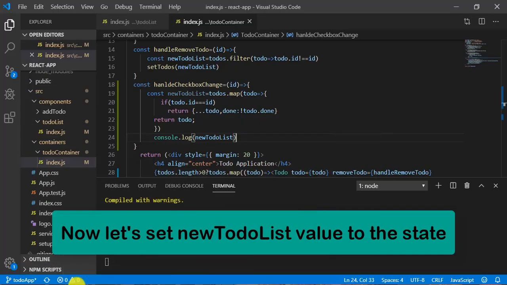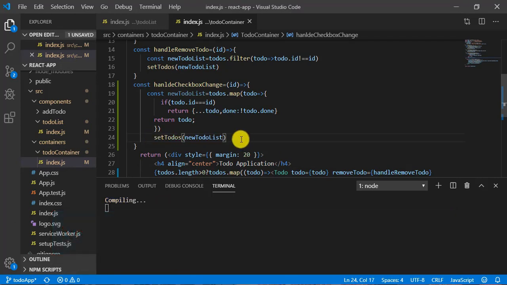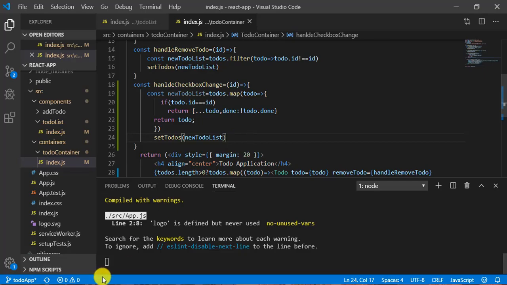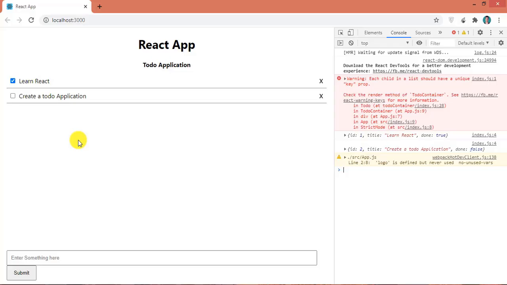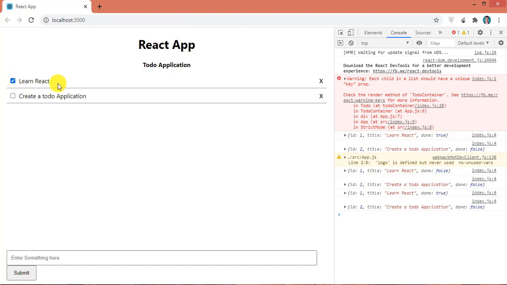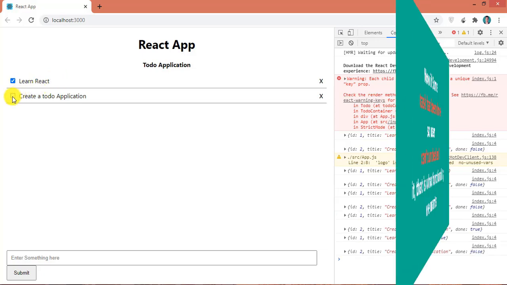So now what I have to do, instead of printing, I can write setTodos, that means I am changing the state. Now let's have a look. Let me click on this. You can see it got removed successfully. On click of this, it got checked successfully. Here also it's working fine.